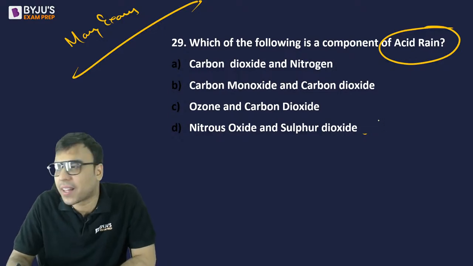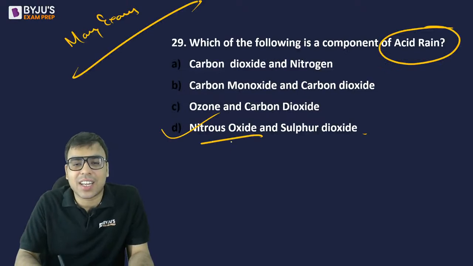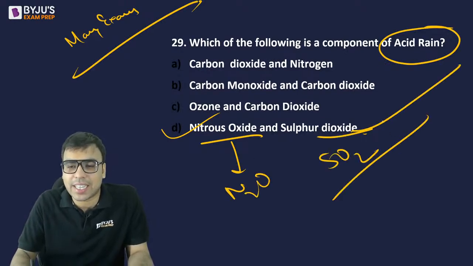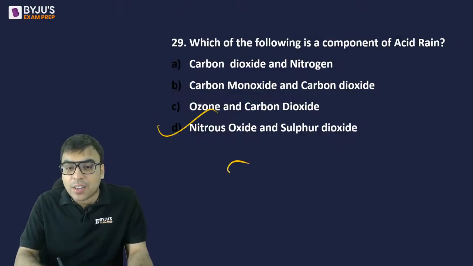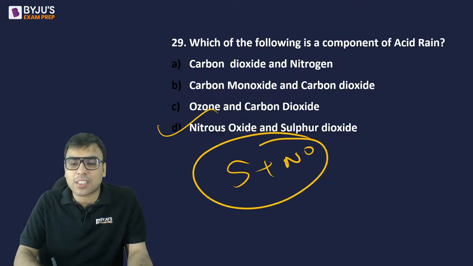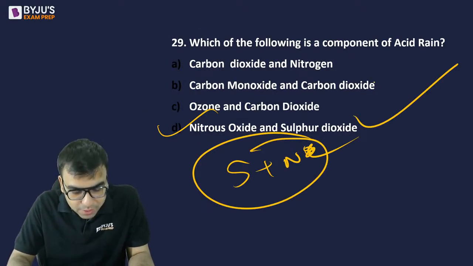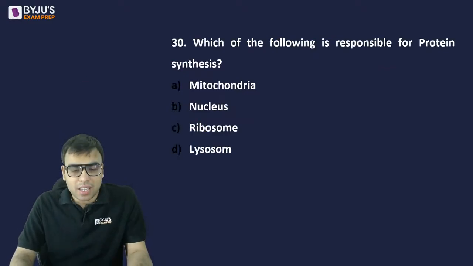कैन एनीवन टेल मी? ओके, सो द राइट आंसर इज अगेन नाइट्रस ऑक्साइड, N2O वगैरह कह सकते हो, एंड सल्फर डाइऑक्साइड SO2. सो द राइट आंसर इज डी. ठीक है, तो सल्फर और नाइट्रोजन से जो गैस बनता है, दीज आर प्रेजेंट. सो डी इज द राइट आंसर टू दिस क्वेश्चन. यस, ज्योति गुप्ता, चिन्मय तिवारी, आदित्य, डी इज द राइट आंसर. द नेक्स्ट इज क्वेश्चन 30.